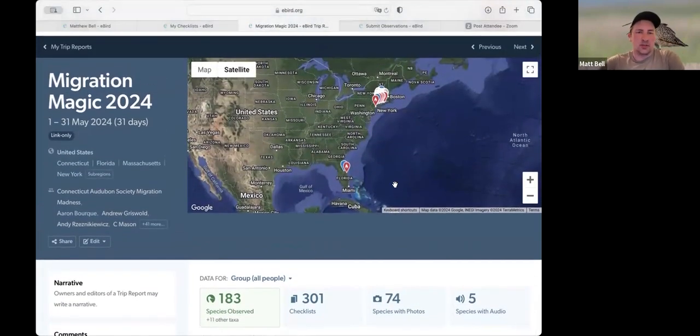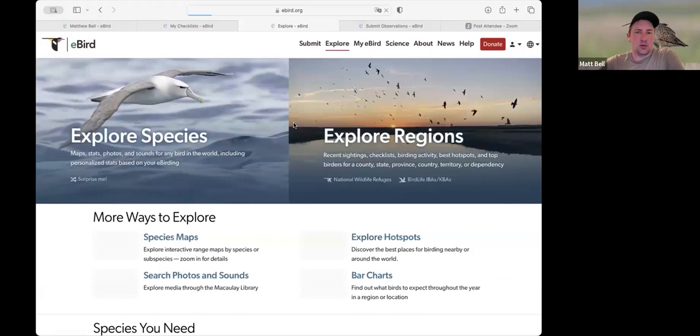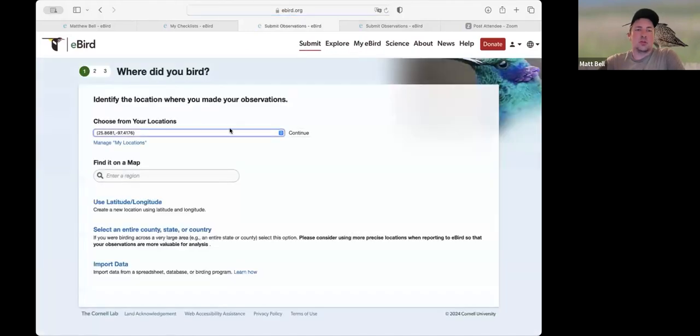Again, I know this is a lot of information. It seems difficult. It seems daunting, but if you take your time and work through it, like I said, sit down and play around with the Explore, submit a list for your yard. If you were to pick